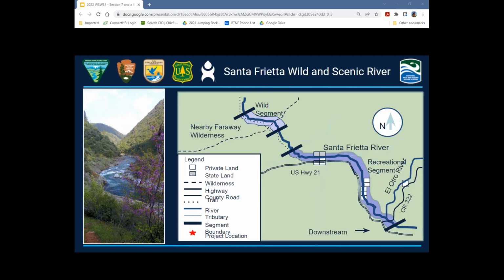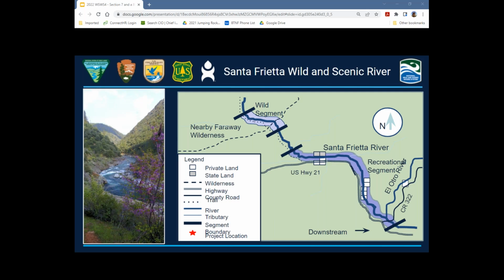In this fictional scenario, a portion of the river system was added to the National Wild and Scenic River System in early 1996. The outstandingly remarkable values, ORVs, of the designated portion of the river are scenery, because it's a unique landform, absolutely beautiful. The fishery, there's a unique spawning habitat for the Santa Frietta steelhead. Historic, there's significant historic roads and trails. And recreational resources, there's a variety of activities. And this great feeling of remoteness and otherwise